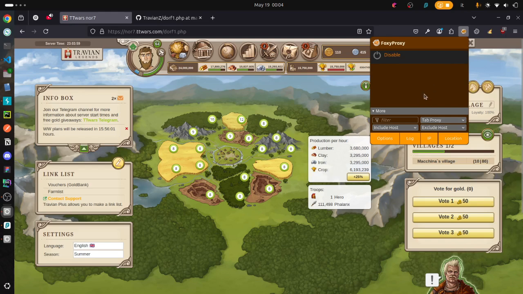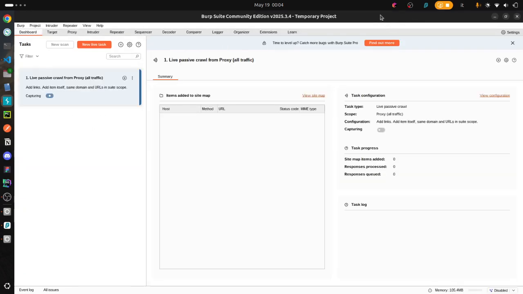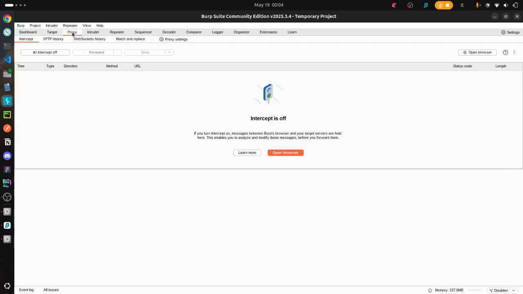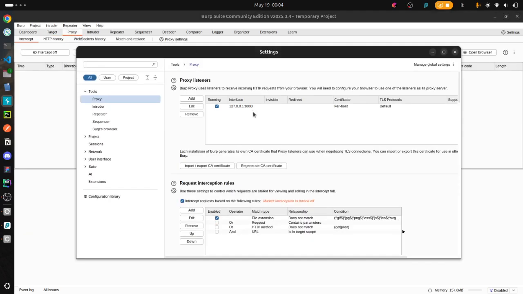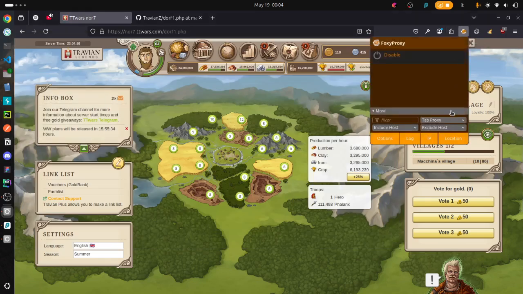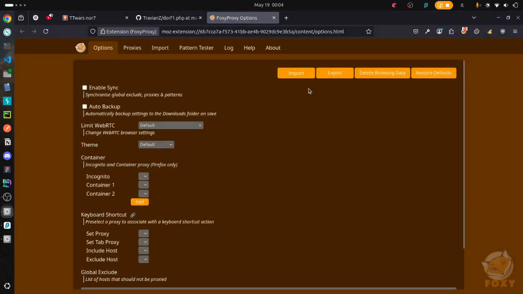And then here in the browser, you should create a new entry. So let's see, where was it? Proxy settings. In my case, I'm listening on 127.0.0.1. That's the localhost. Port 8080. Perfect. So in the browser, I need to